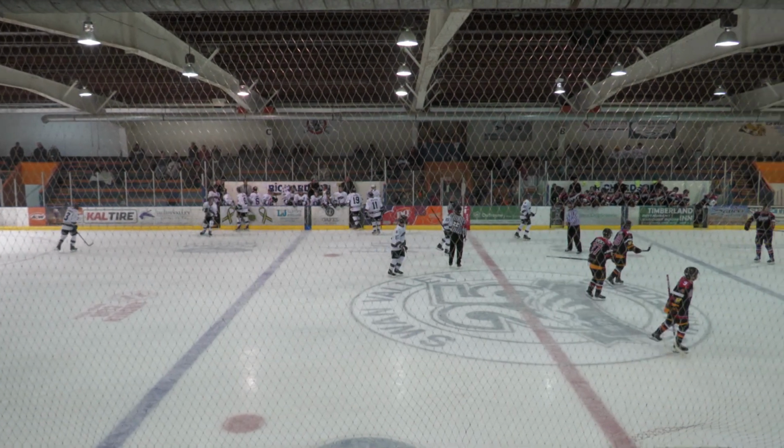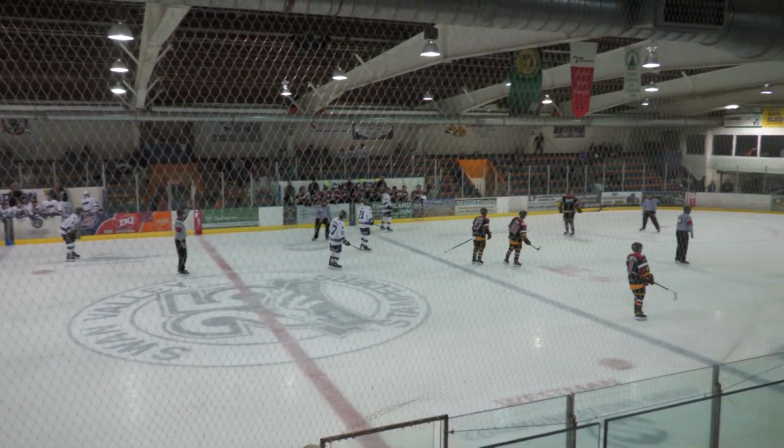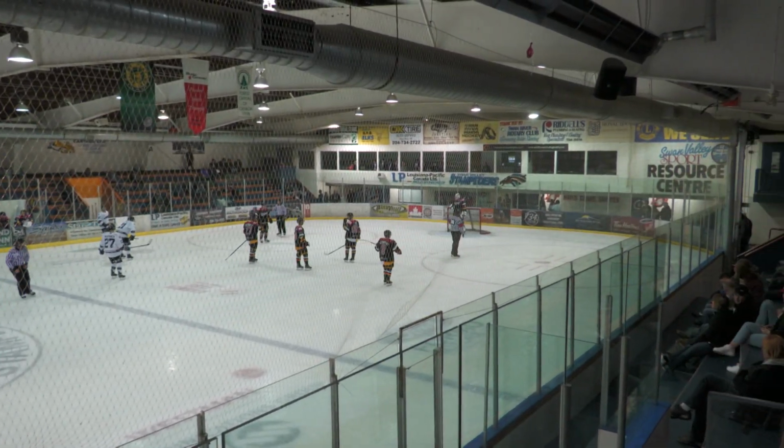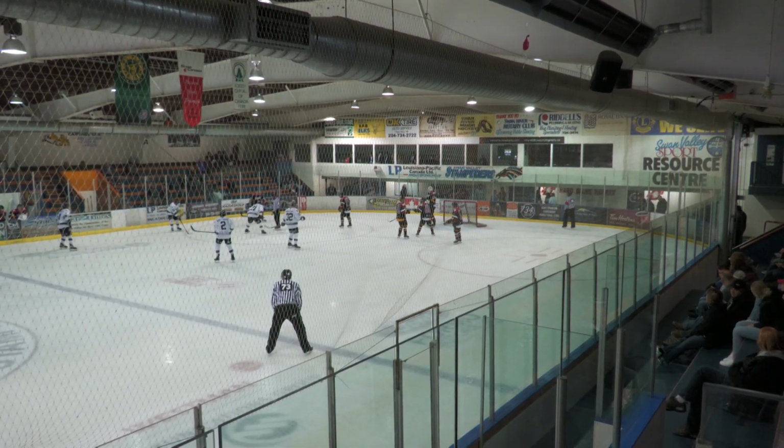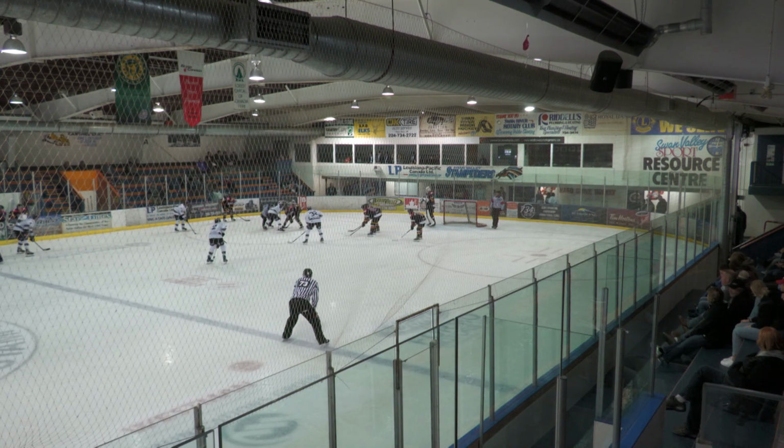7:14 left to go in the third period. And this will bring the face-off all the way down the ice into the Wolverine zone. And another... Someone turned the heat off up here? I think so. A blended up line here with